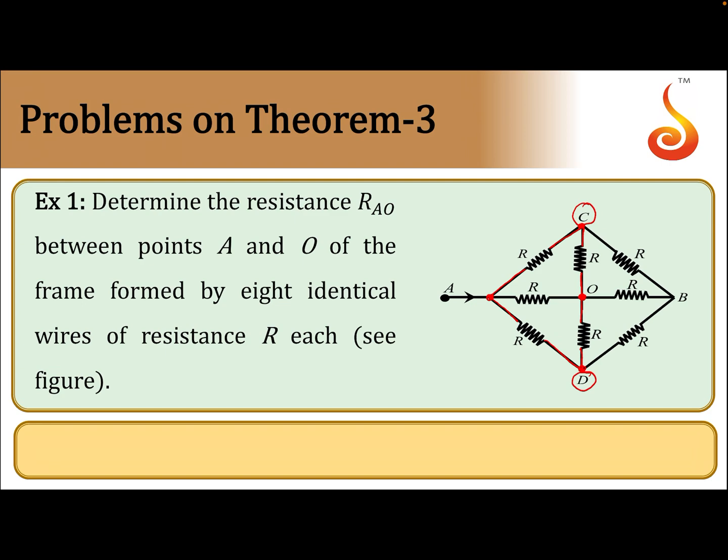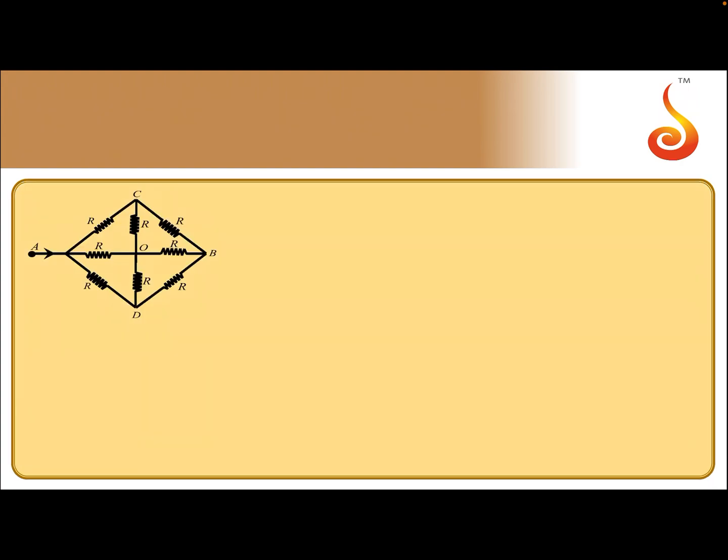So according to theorem 3, points C and D are at equal potential. Therefore, we can join C and D. To join C and D, what I will do is I will fold this circuit over this. Once I fold this circuit over this resistance, they are connected between same two terminals. This resistance and this resistance, they will be between same two terminals. So we can join C and D. If we join C and D by folding the circuit, then there will be parallel combination of R here, R here, R here. So the given circuit reduces to what?